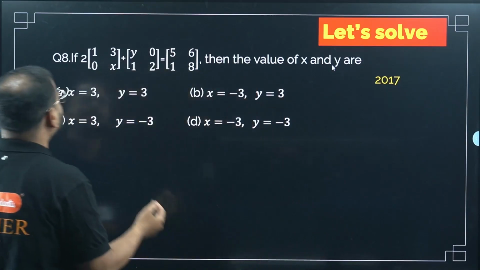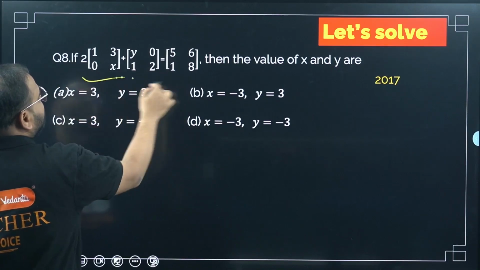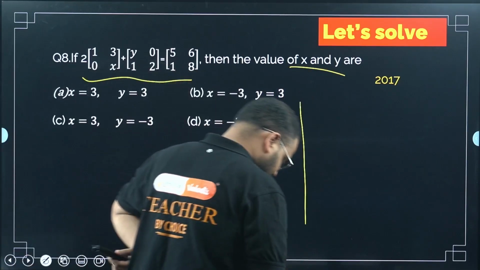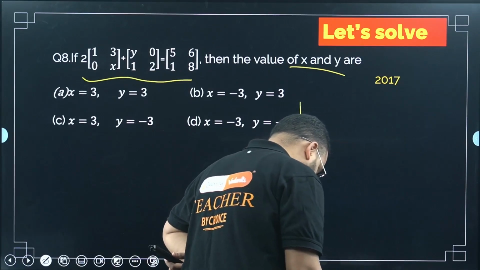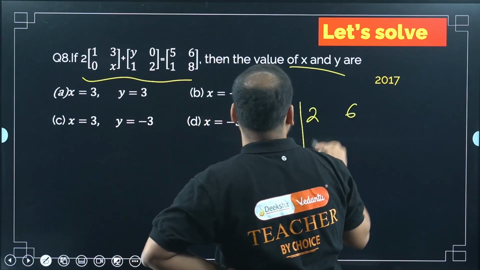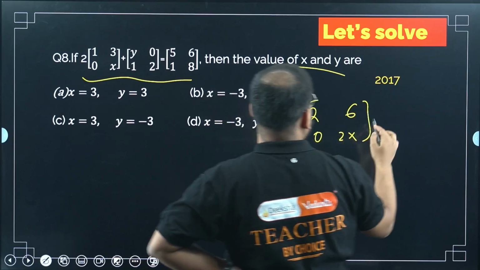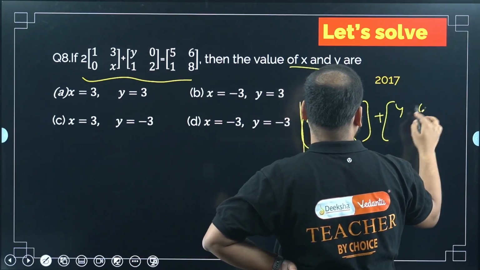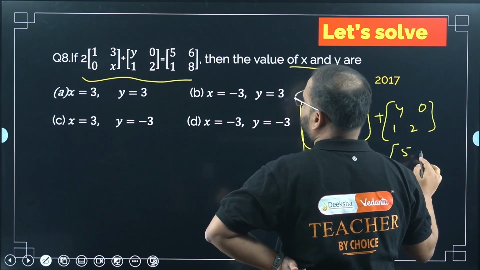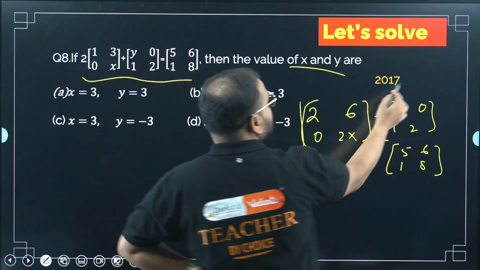So please check here. If I solve this, what am I going to get? I have to find x and y from this matrix condition given, and I can do it here. Let's check please. What is it saying? 2 times of 1, which is 2, 6, 0 and 2x. This I have to add with y, 0, 1, 2, and this is equal to what? Okay, this one does not have that application. The previous one will have, the next one will have. Okay, we'll see. There's another question like this. This one was asked in 2017.